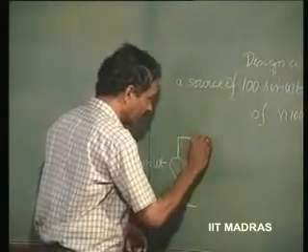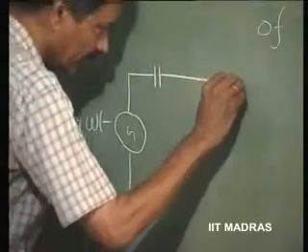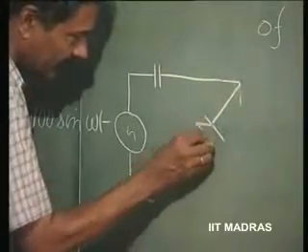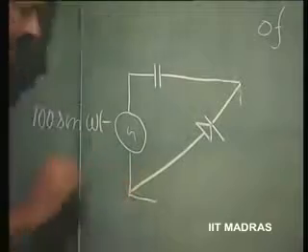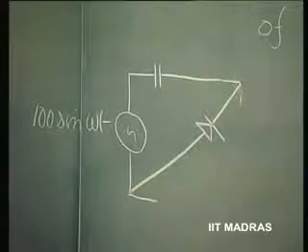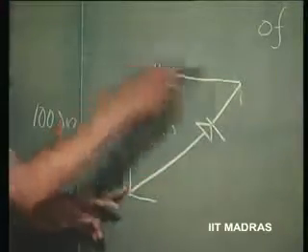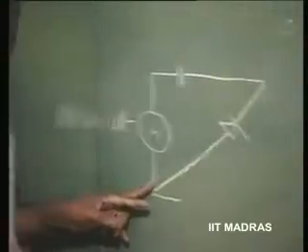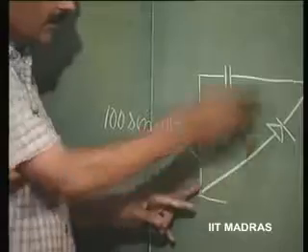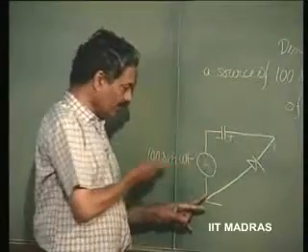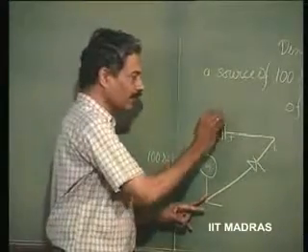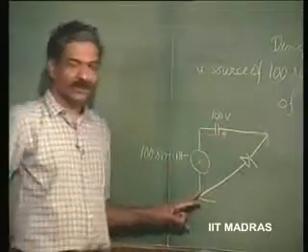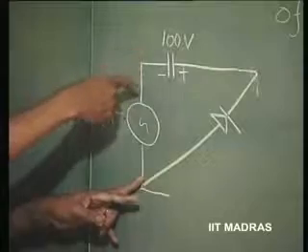I put a capacitor in series with a diode. This diode I will put just for the sake of synthesizing it in a very nice manner, instead of putting it this way, it is in the same loop. So, what will happen is this particular capacitor is going to get charged now to the peak value of this AC, which is 100 volts. So, you have obtained here a DC of 100 volts just by connecting a diode to a capacitor like this.